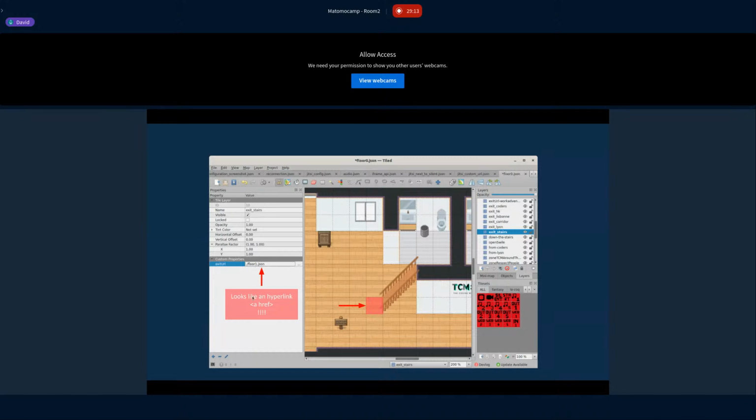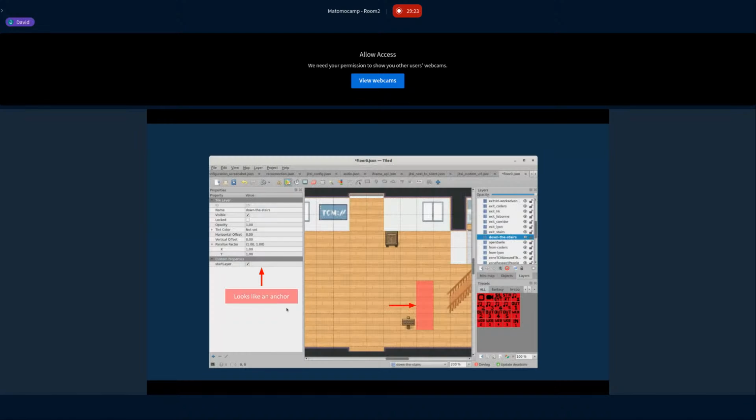And this looks a lot like a hyperlink on the web. And if you want someone to arrive at a given location, like if someone is walking down the stairs on this map, I want them to appear here, I can put a special start layer property here.